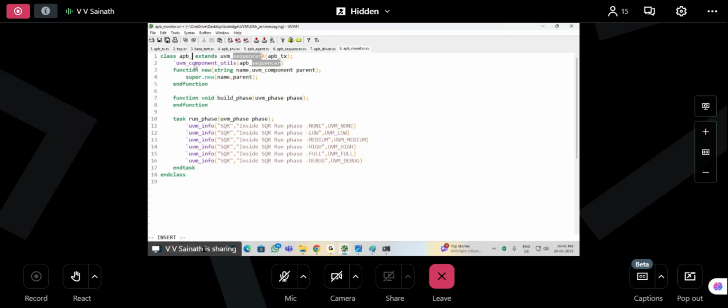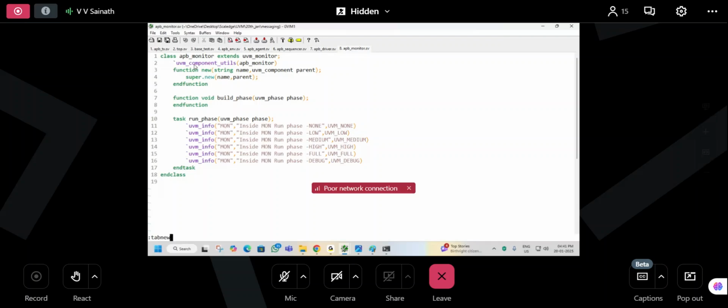It is not a parameterized class. MON, monitor. Okay, tab new APB coverage.sv. It is like